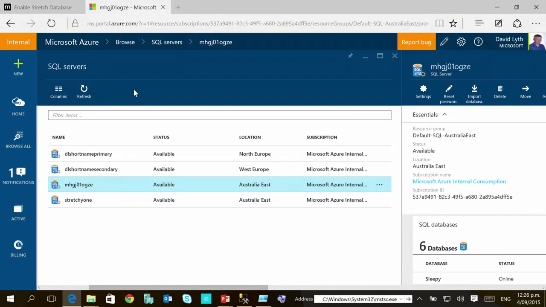So the first step that you do is you've already got a database server. So in this case, one with a horrible name, which I'm not going to even try and say, because it came out of the